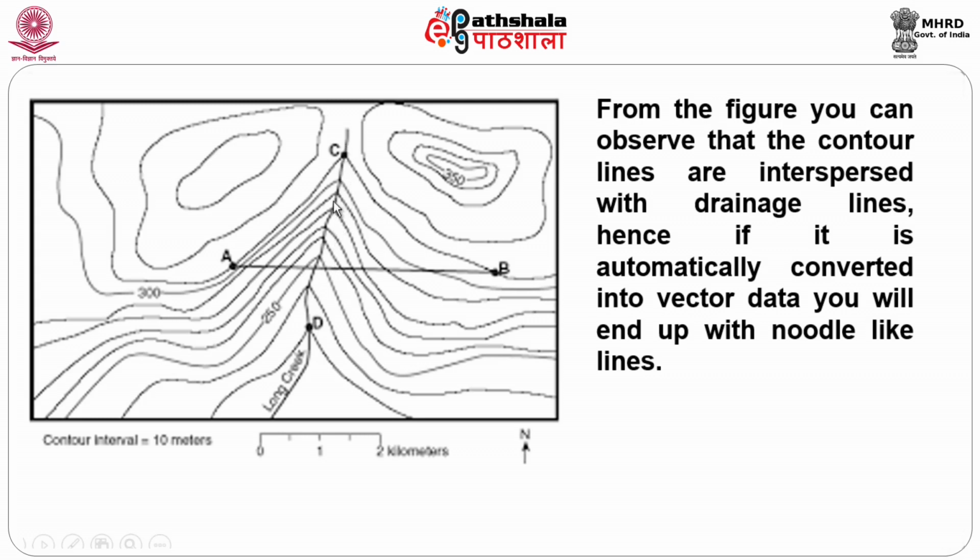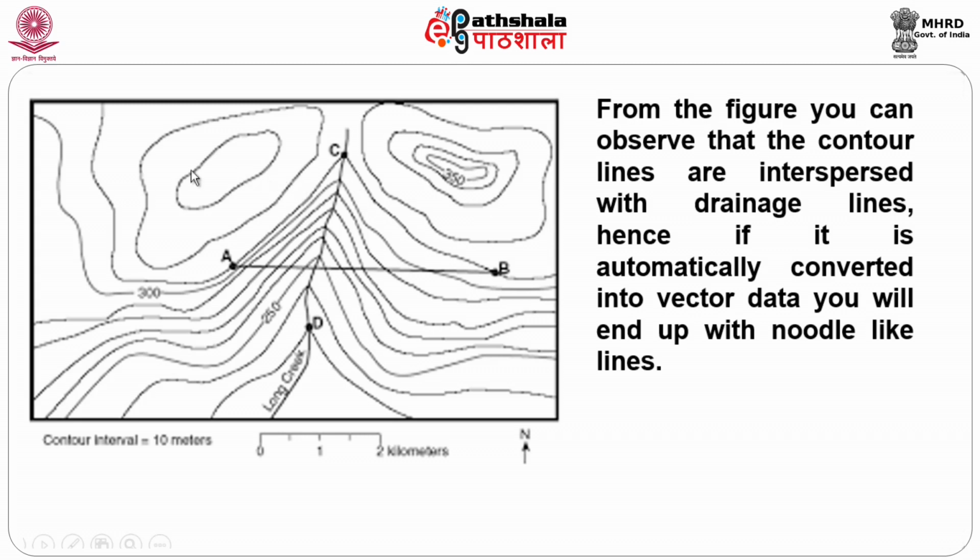This drainage line is just cutting across the contours here. Well, here I have no issues. The contours are exclusive, and very importantly, as you know very well, contours are always parallel to one another. They can never intersect with each other, isn't it? They are unique in nature. Hence, when I convert this automatically, this will convert into one line followed by this, this and this.